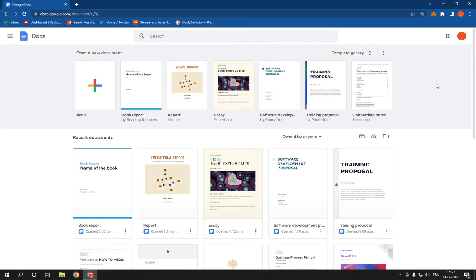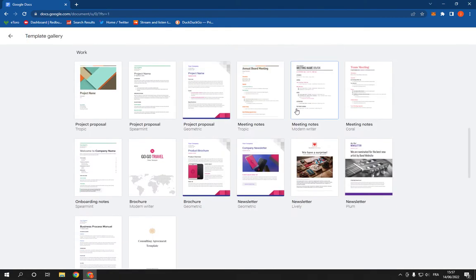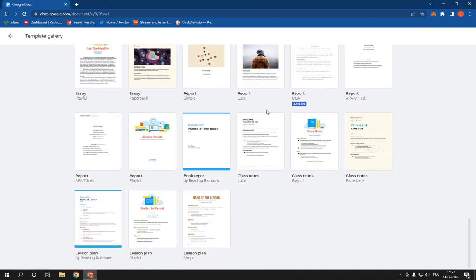First thing, you have to go to Google Docs. This is the home page, as you can see. Now go here, click on template gallery, scroll down until you find class notes,